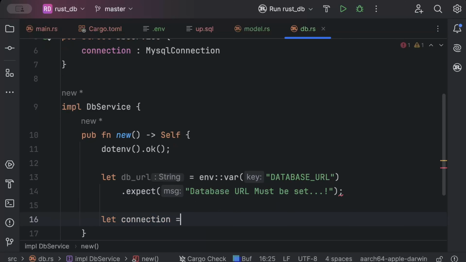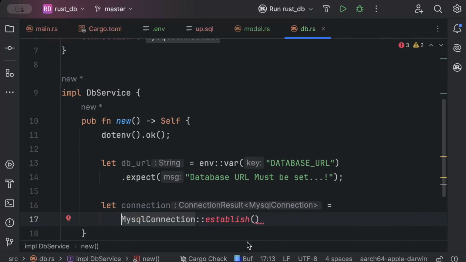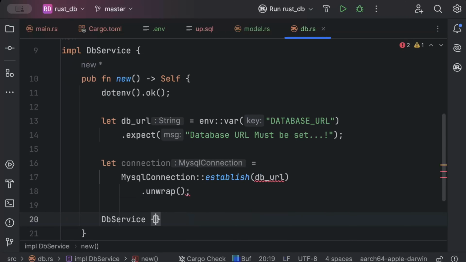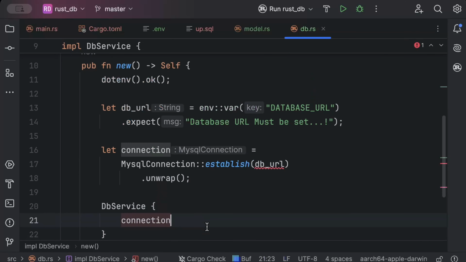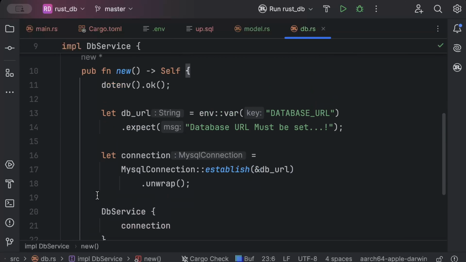And we'll just do let connection = MysqlConnection::establish, and we'll pass our db_url, dot unwrap. So let's return DbService with this connection. So this is all we need to connect to our db,